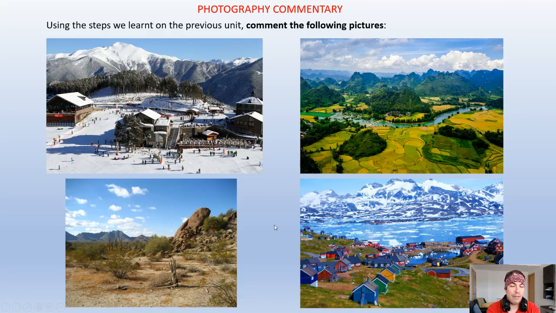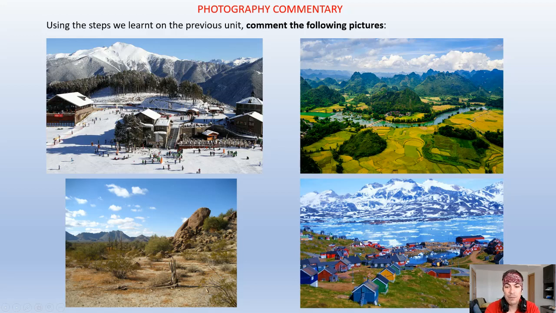Remember to identify if it is a humanized or natural landscape or which part is predominant, to identify all the elements that you see in the photograph, and finally to analyze all of them and determine what is the main economic activity and how is the habitat, and mostly, the most important, you have to deduce which climate it is. You have to guess which climate it is, the one in each of the landscapes.